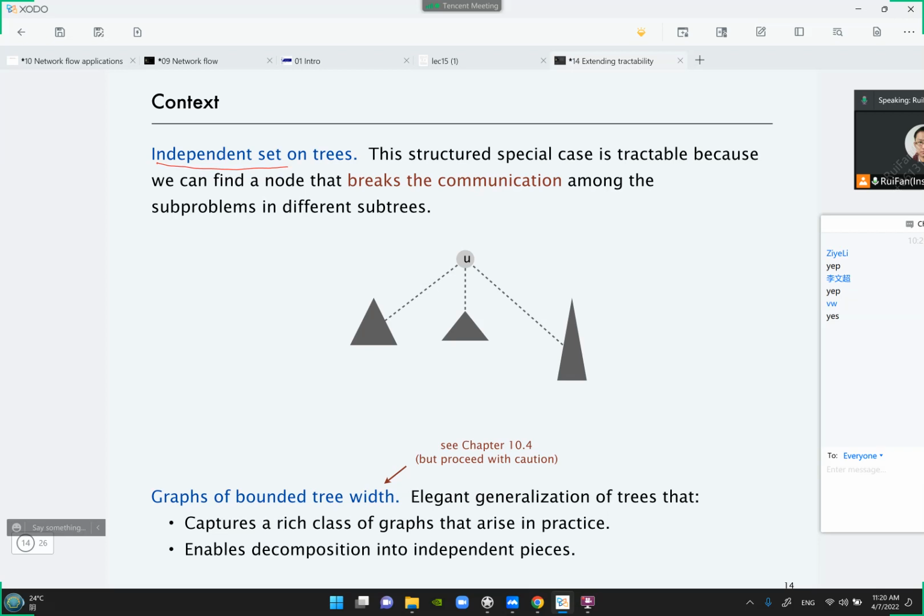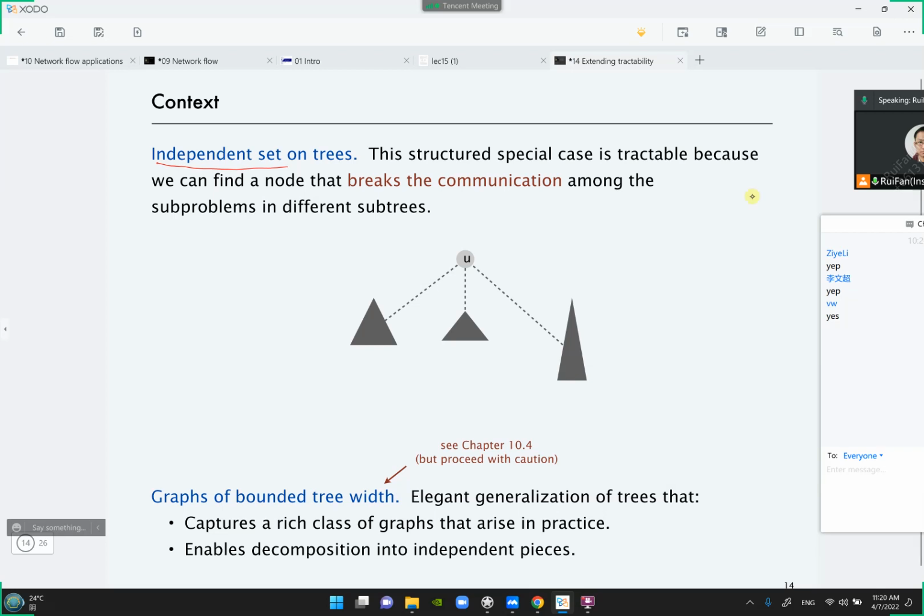In general, it takes exponential time. But once you move to trees, it's much, much easier, right? So there's something special about trees which makes this problem much easier. So what is this property of trees? Well, the property of trees is this. Suppose you root this tree. Then what you know is that